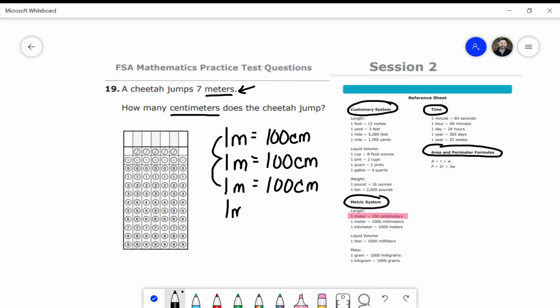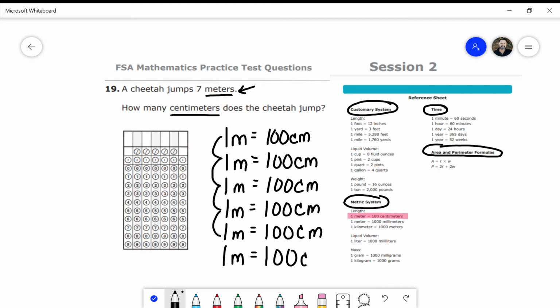And then do that again: 4 meters equals 400 centimeters. Do that again for 5 meters equals 500 centimeters. The 6th meter equals 600 centimeters. And then one more time,